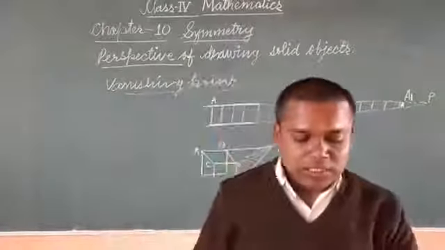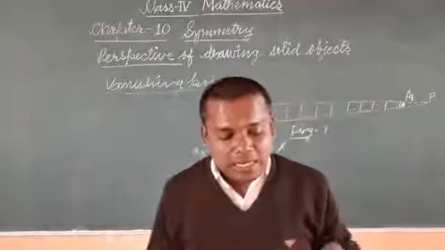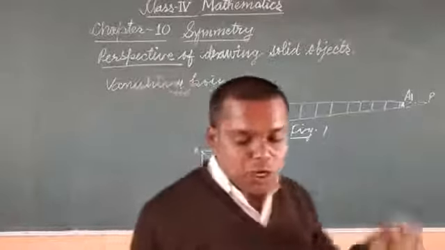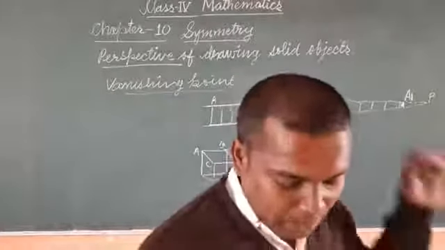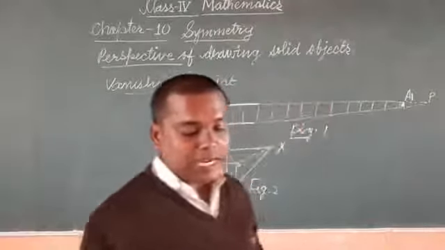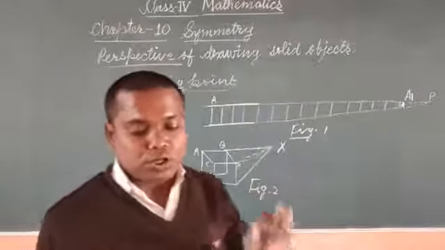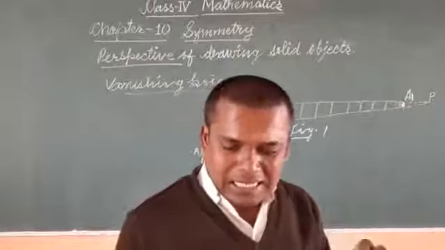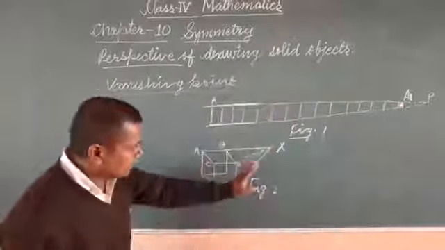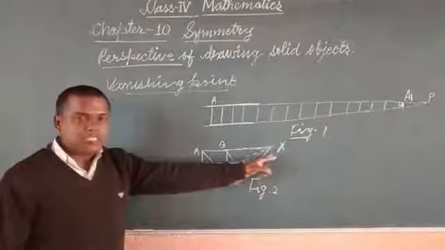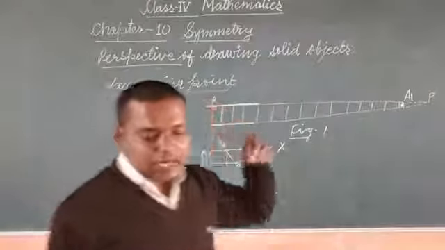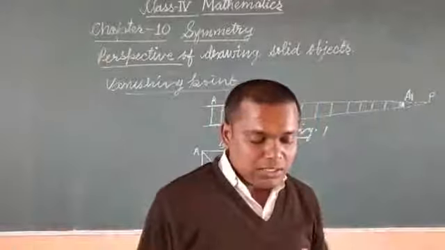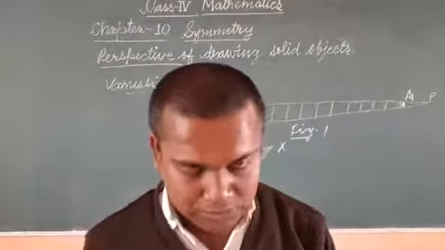Now a cube is a three-dimensional object. It is drawn in a 2D scene, or two-dimensional plane. When we observe, the back portion of the cube, which is farther from our eyes, gets smaller, and at a point it is going to vanish. So that is called the vanishing point.